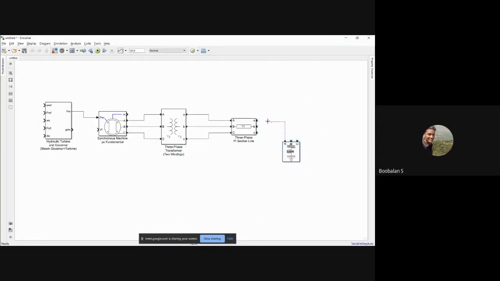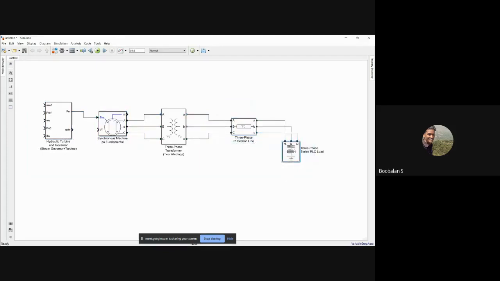A to A, B to B, and C to C. Got the idea? The entire power system is now coming into the picture. Everything has come. Once again, see the mechanical turbine, generator, transformer, transmission line, and